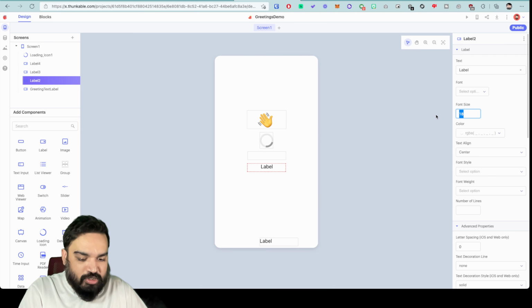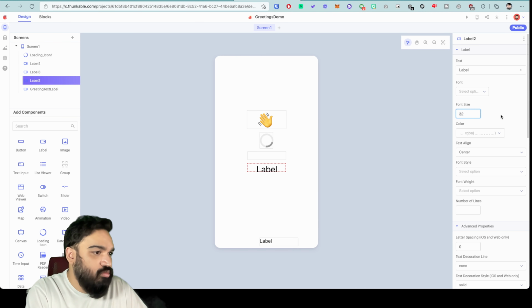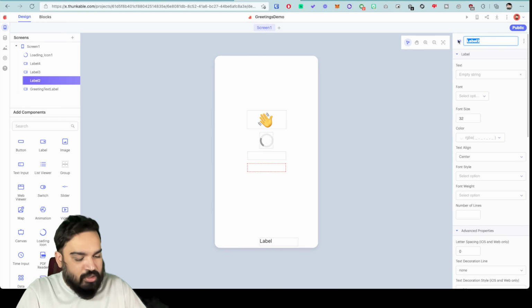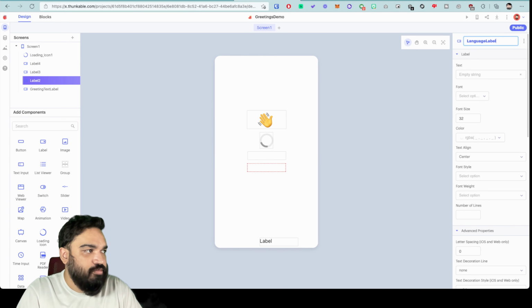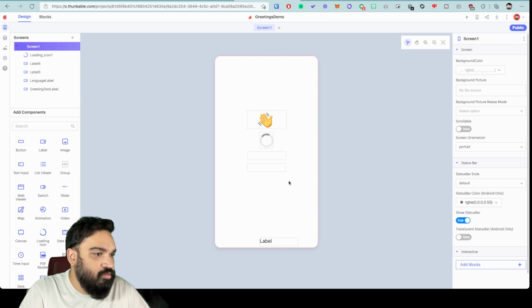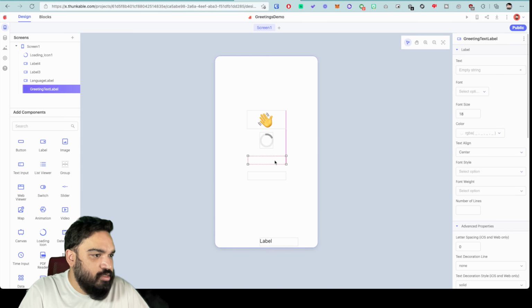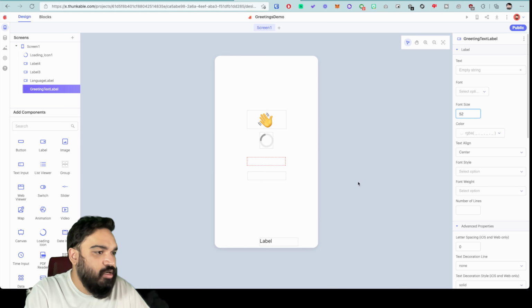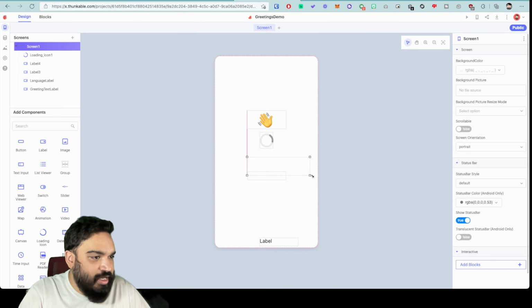Then change the font size to, let's say, about 32, and then remove label and call this language label. And then also update the text size of this to, let's drag this a little below and update the text size here to about 52, so that the greeting aspect is very clear, right?